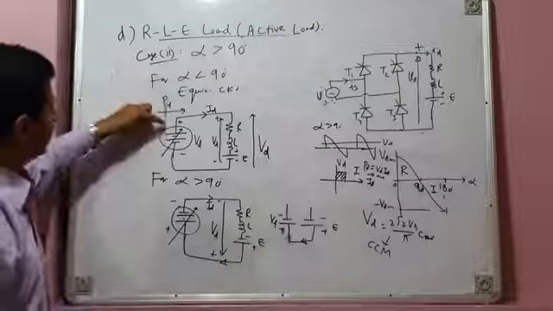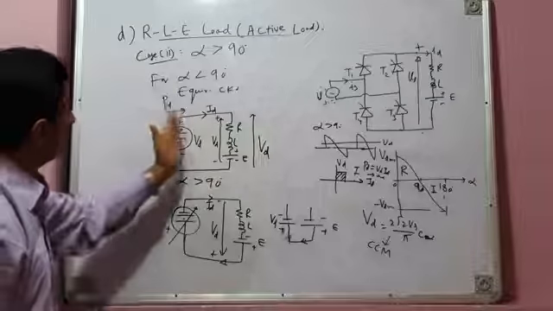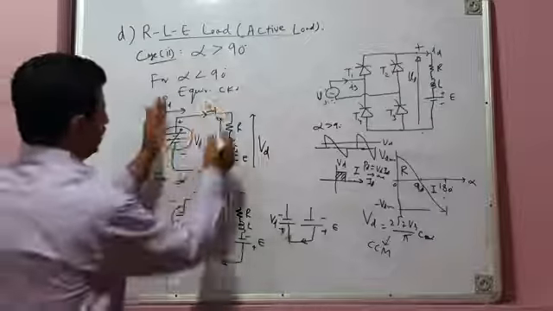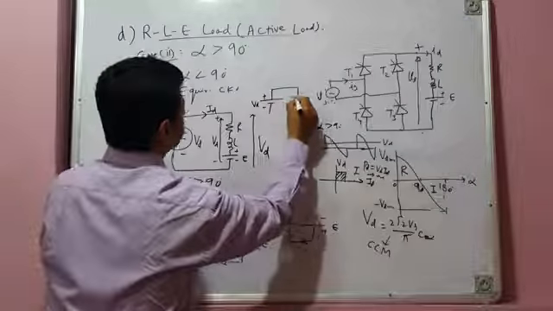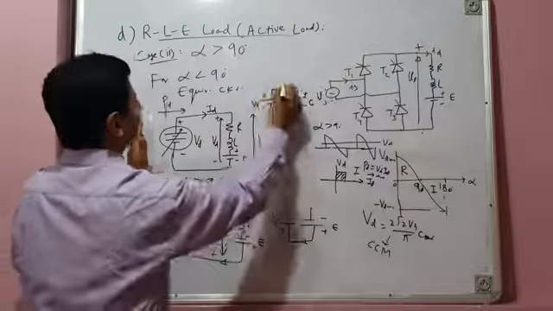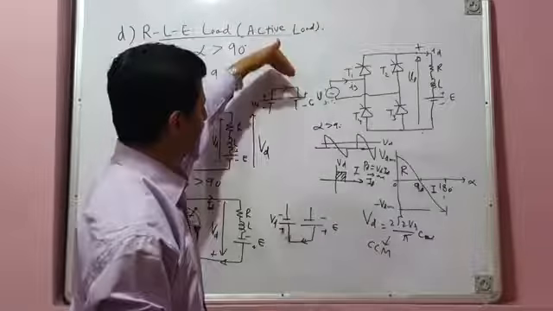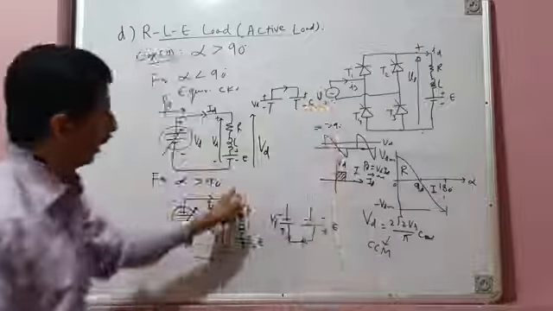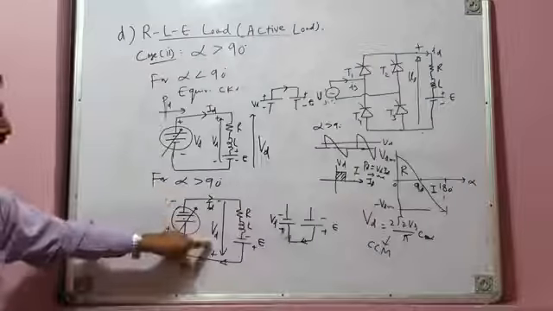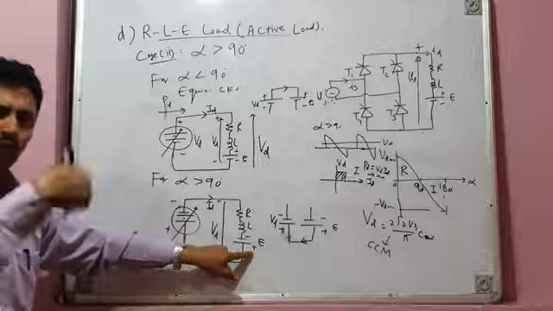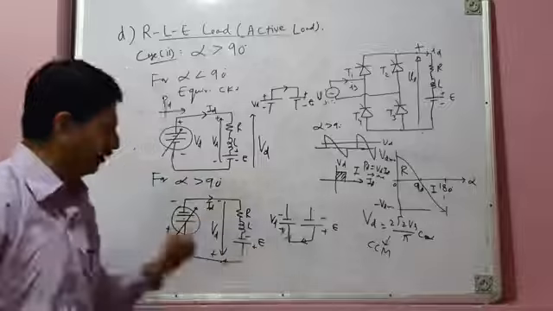In the previous case, for the rectification mode of operation for alpha less than 90 degrees, current was flowing from VD to E. See, this is your VD in the previous case, and this was, for example, E. And current was flowing from VD to E. So that means the converter was forcing current, injecting current into the load, into E. But here, for alpha greater than 90 degrees, converter average output voltage VD reverses its polarity, and you make your load voltage also reverse its polarity. You just interchange the connections like this, and E becomes like this.